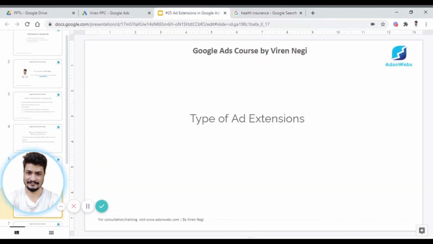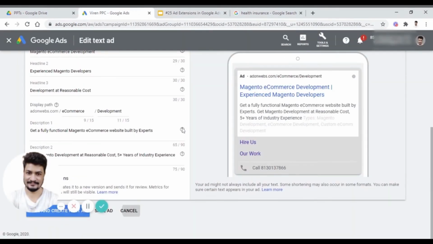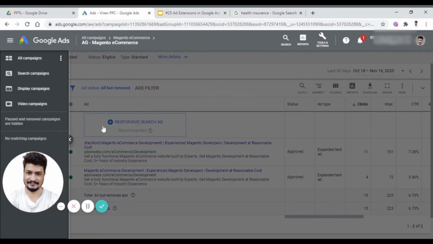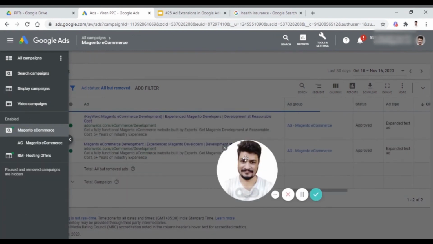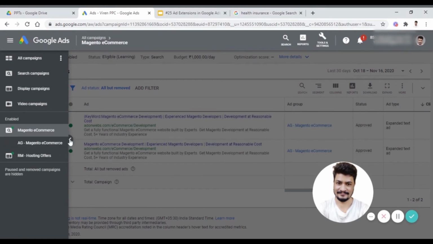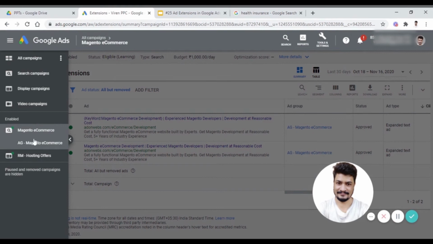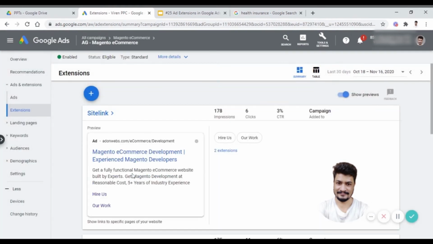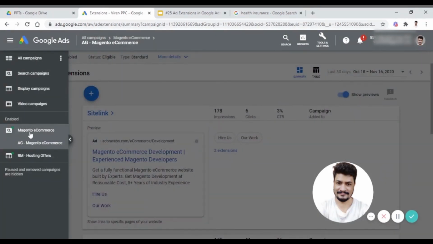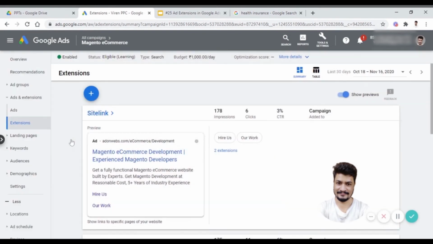So what are the types of extensions you can use in Google Ads? Let me show you in my existing campaign. To navigate to Google Ad extensions, you need to select the campaign. You can use it either campaign-wise, or ad group-wise. So either you can use it in an ad group, from here, or through the campaign. Let me go to the campaign and click on plus.